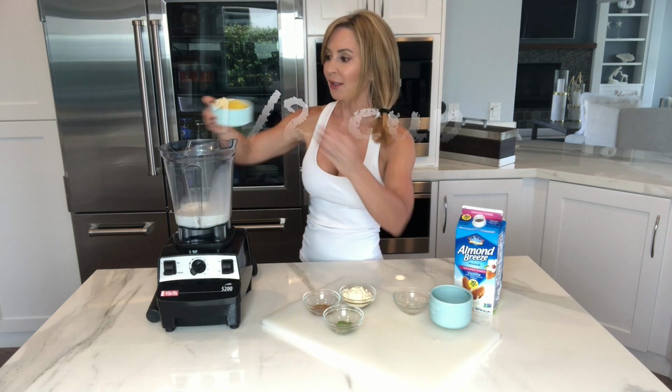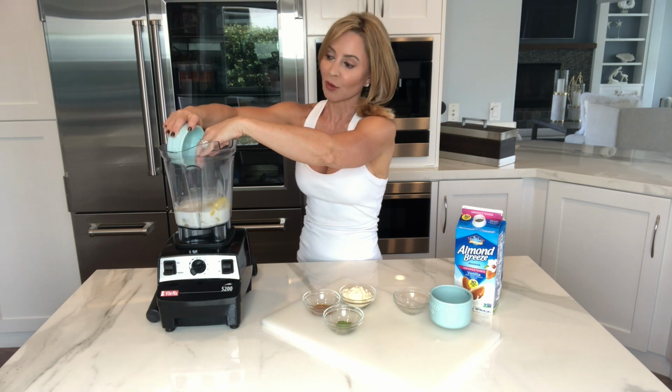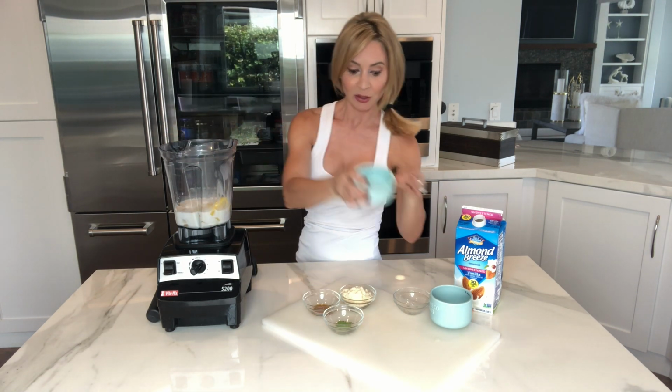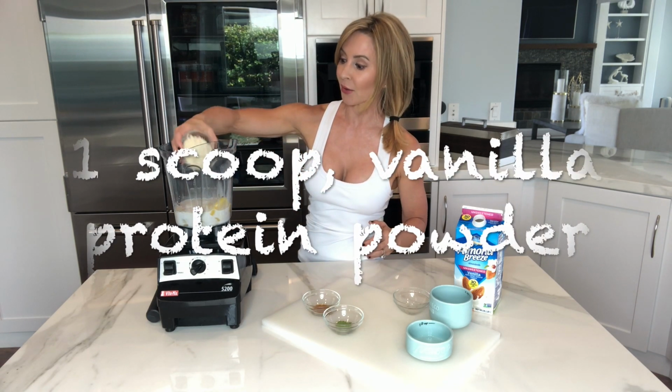Now you can use fresh. I just use frozen because it helps the shake to be a little more frothy, but then you can add ice too. I also have one scoop of protein powder,